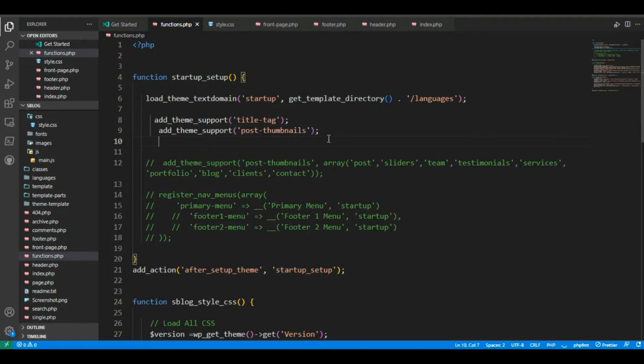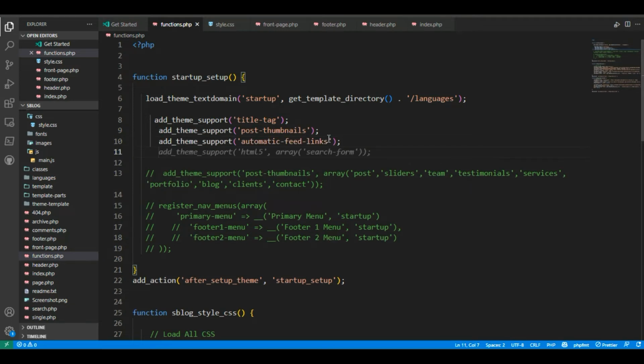After that register this theme supported automatically feed links, and okay, add theme support title, and after this